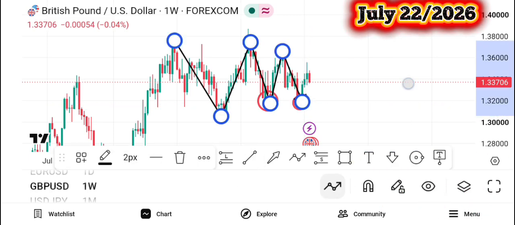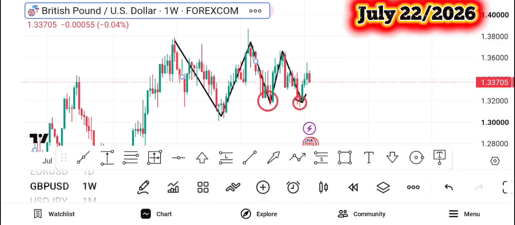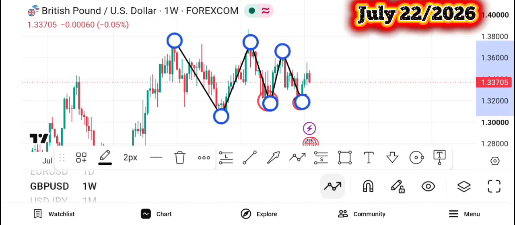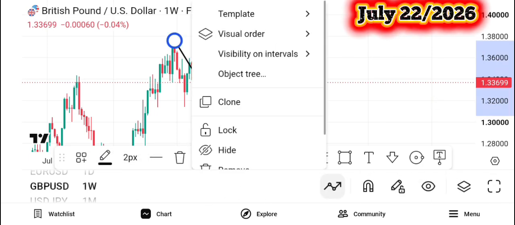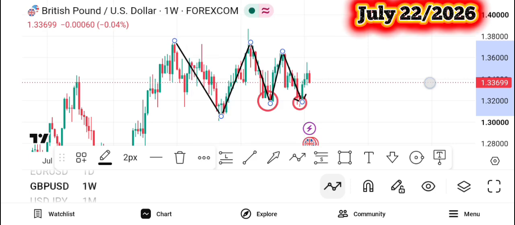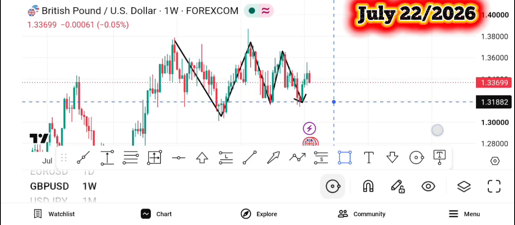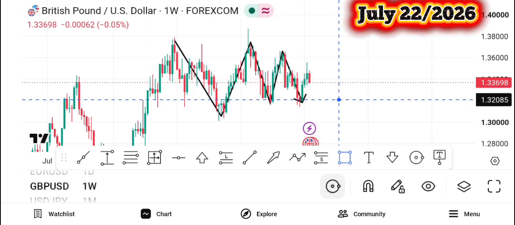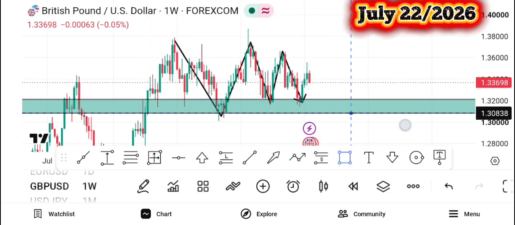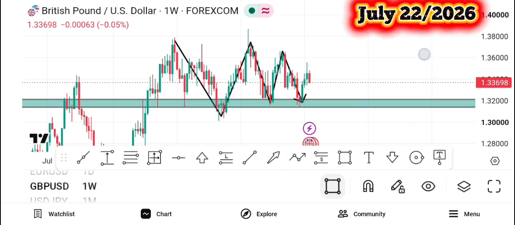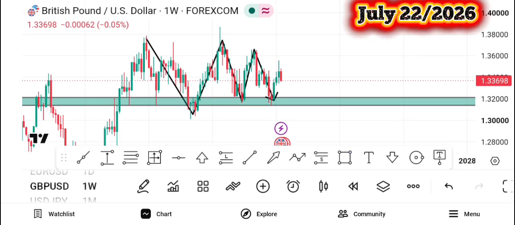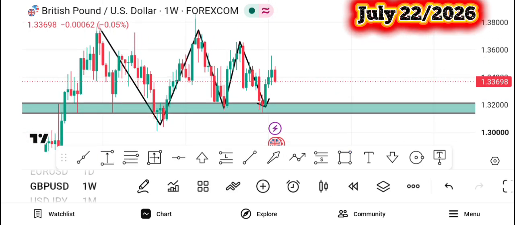So I'm going to be marking this place as my zone. That's as my OTC, my areas of value. I want to mark this level as my OTC. That is my area of value. These two levels of support. So this is it here. So my zone is going to be somewhere here like this. Okay, so after I've identified that this trade is actually in an uptrend, there is something again I still saw,